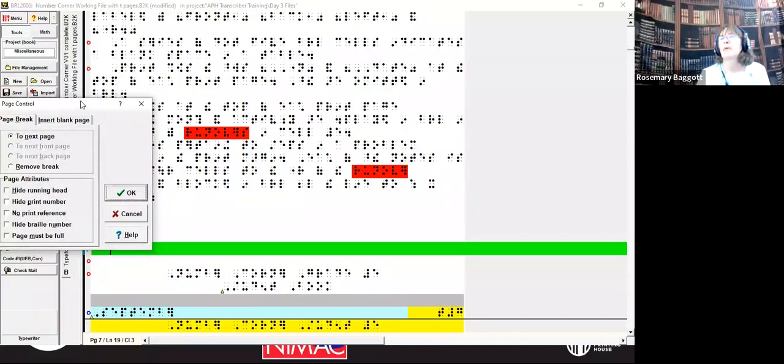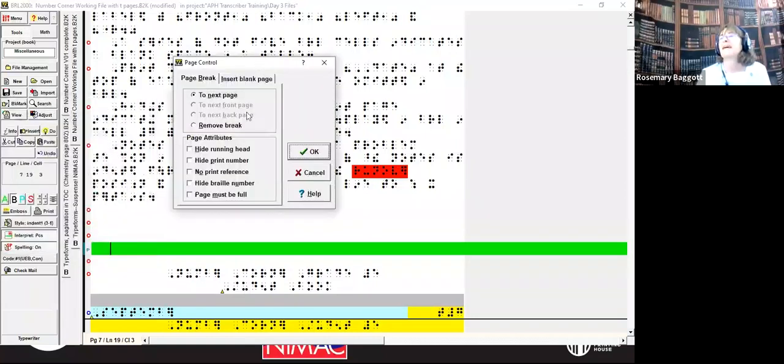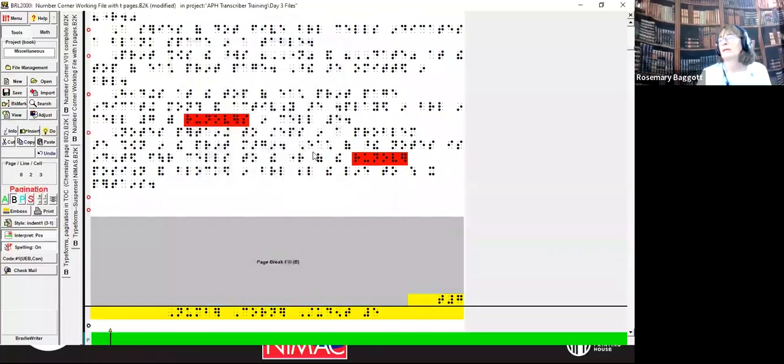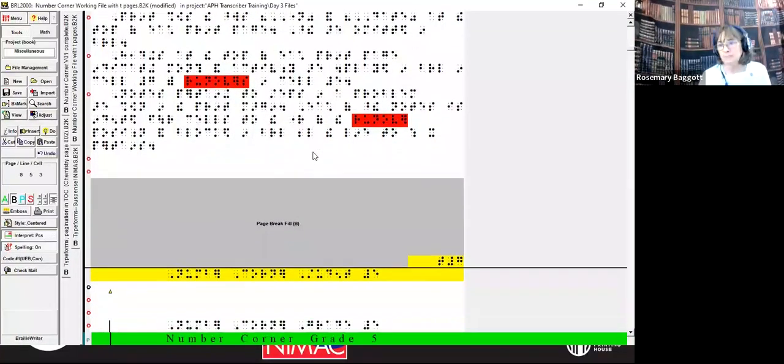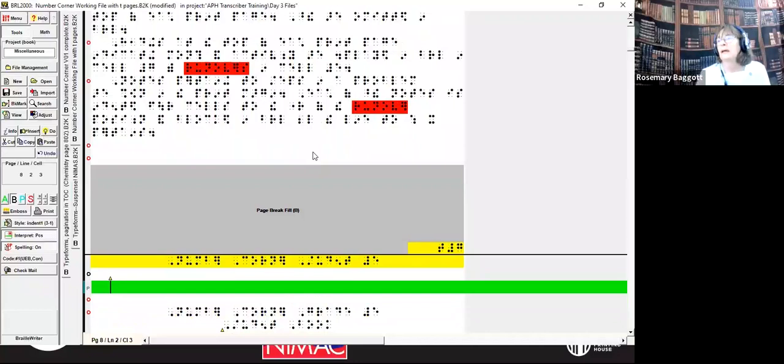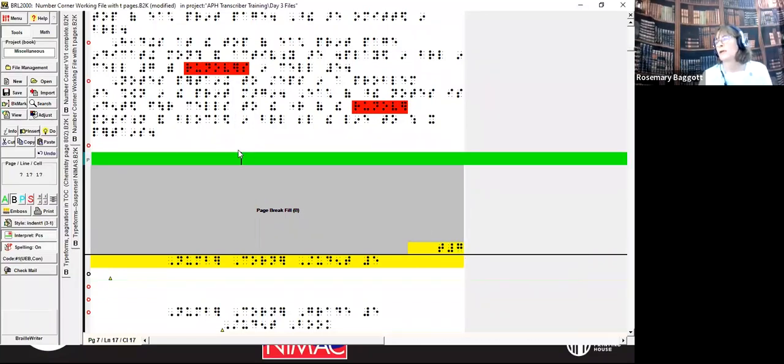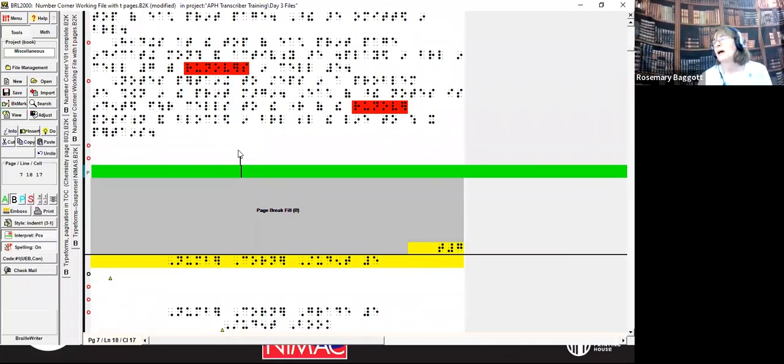This apparently happens when you're using multiple screens, and I'm trying to keep these dialog boxes in the middle. And it says to next page, and I just hit OK, and we jump to the next Braille page. Now I'm in the table of content. This Braille page number here is T7. That's the end. The transcriber's note page is the last transcriber generated page I want.